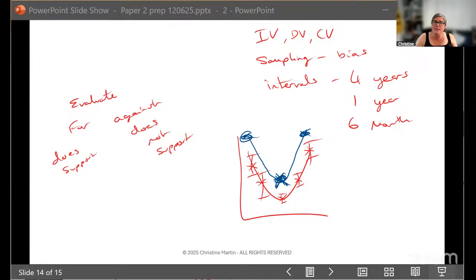What else would I say? Evaluation. Have they done a stats test? If they haven't mentioned one, you should do a stats test so you can say whether there is a significant difference or not. And what else would I say? If they make a claim, have they given you all the information? And if they haven't given you all the information, what information do you need to be able to do that?